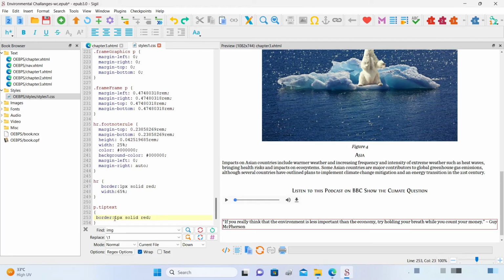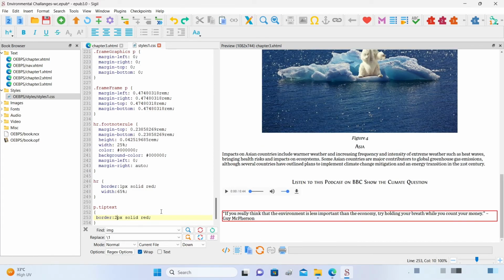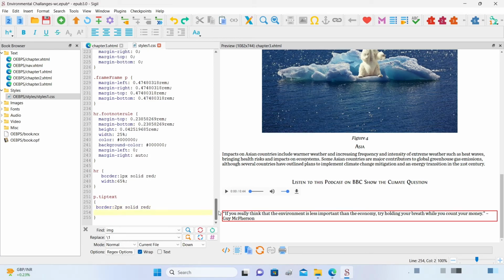I can increase the size of this border by simply making it 2 pixels. So this is now a thicker border. I can play around with it. If I wanted to fill this box, I could use another statement. I would simply say